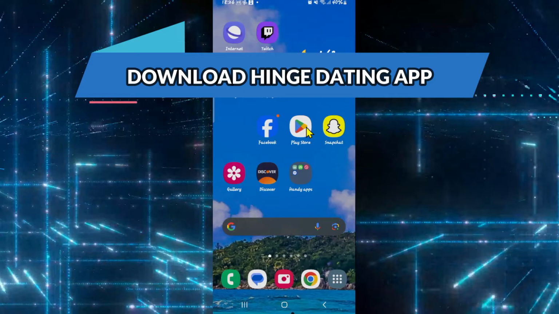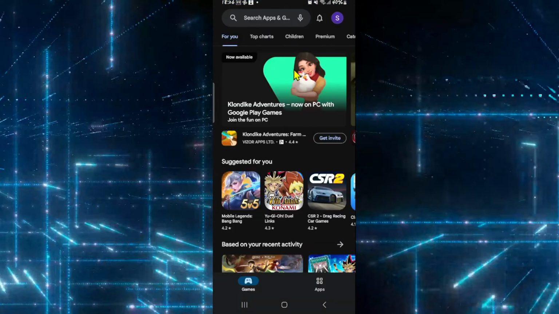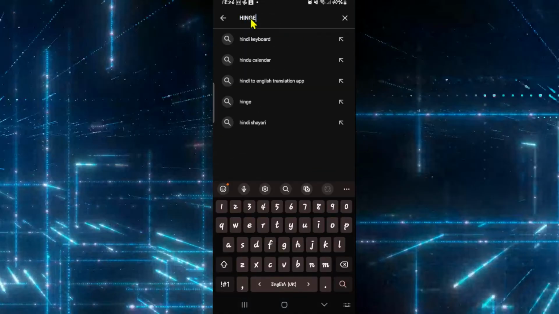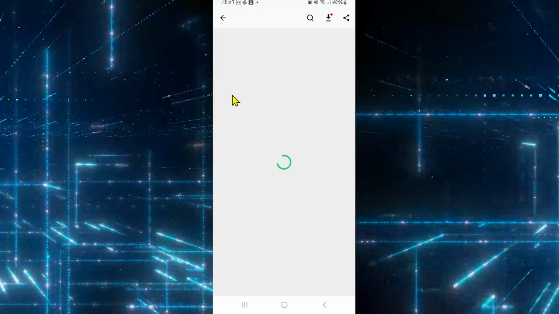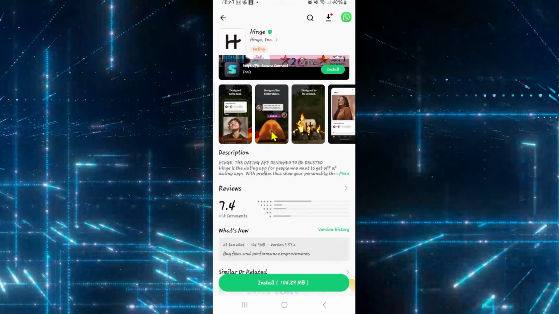First of all, open up your iOS App Store or Google Play Store depending on your device, and once the application is opened up, tap on the search box and then type in Hinge Dating and start your search. Now once you find the Hinge Dating application, go ahead and tap on it, and now you will see the